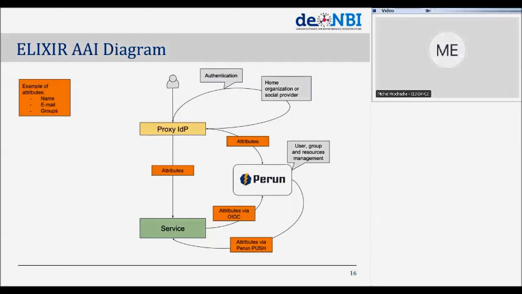This kind of mechanism is very useful for services which need to know about the users in advance, or which need to know about changes of the user data. For example, if the user left the project or if the user changed an email address, but didn't log into the service, and the service needs to know about those changes.